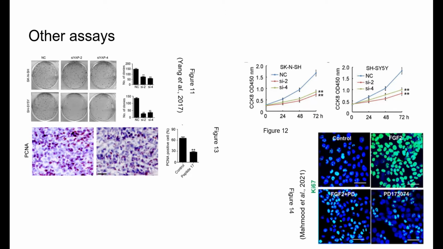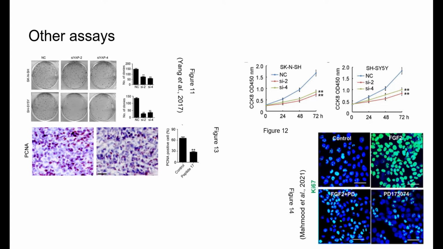Here we can see in the control nothing. When we've treated with FGF2, there's a quite obvious increase in staining. And when we've treated with the inhibitor PD173074, there's nothing. And when we've treated with FGF2 and the inhibitor, it's basically the same as just the control